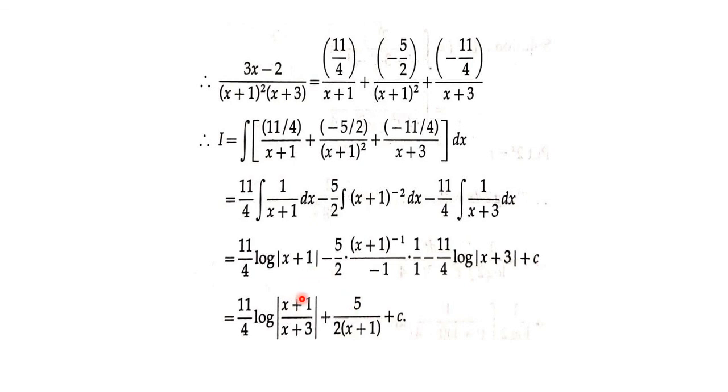Now solving it, 11 by 4 log of x plus 1 by x plus 3 plus